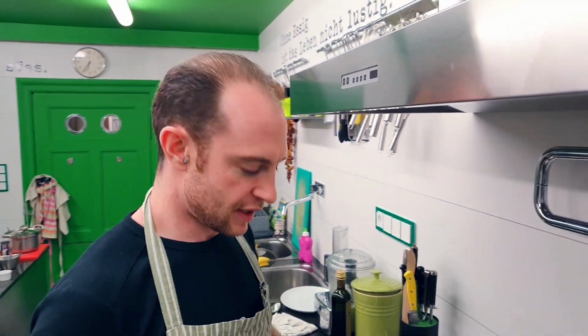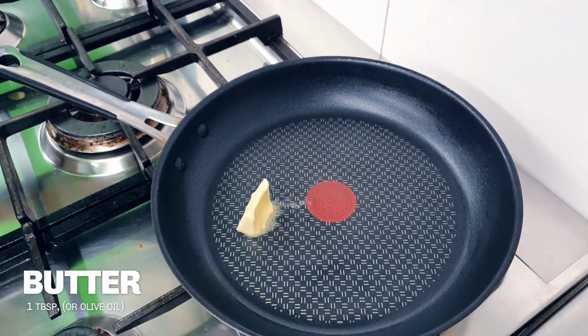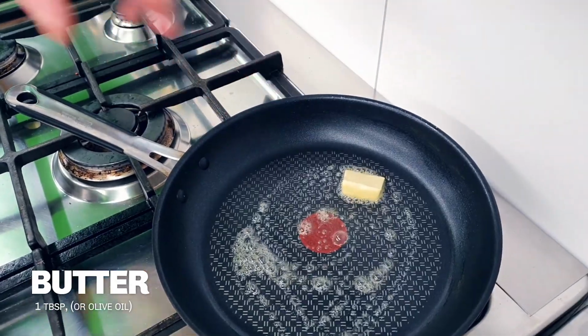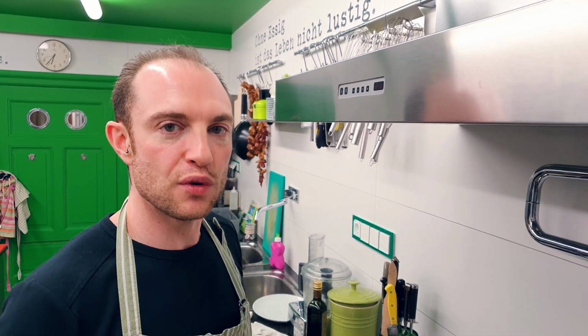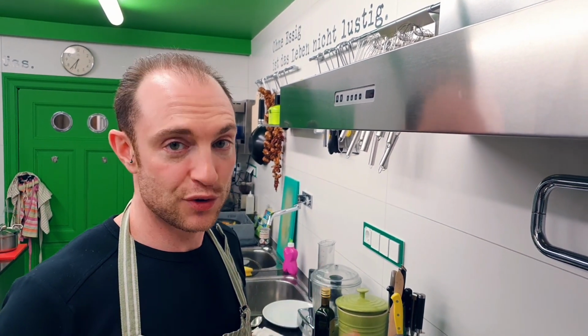Butter goes in first, about a tablespoon on a low to medium heat, no more than that. We don't really want it to go brown, we just want it to cook and bubble away nicely. The next part, timing, is absolutely crucial. It is surprisingly easy to overcook an egg and almost impossible to undercook an egg. Just a few extra seconds of cooking time is going to change the dish from something average to something